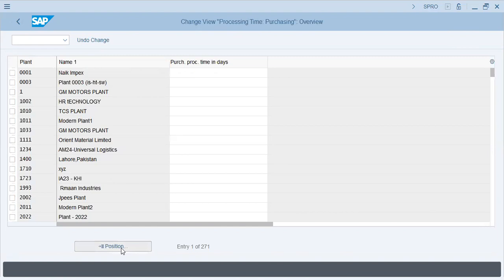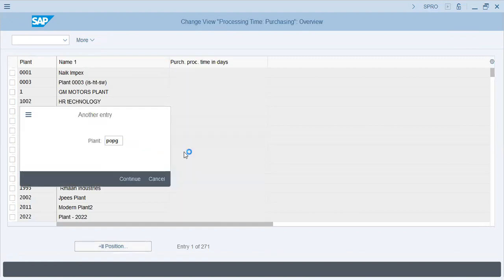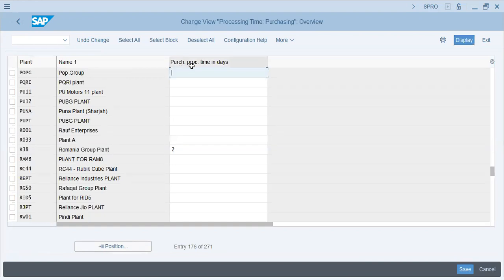Position. Purchase processing time in days. We can actually set a processing time for the PR when it is processed, because it has to go to some checks, some quality checks, and some background checks, and that of course can be fixed over here. Okay, so